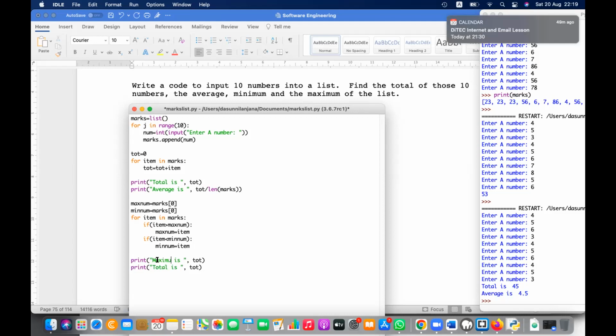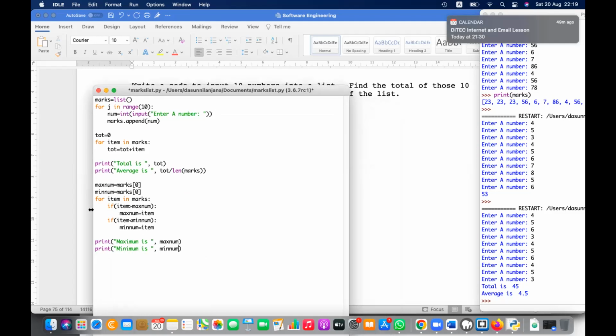The only thing is, don't think much. Just implement. Maximum is and minimum is. So the maximum is the max item here. Minimum is the min item here, because you are looping through all the items. So you know how to loop through the items, how to go through all the items. Then you have to compare and find the maximum. So this will repeat. So let's run this now